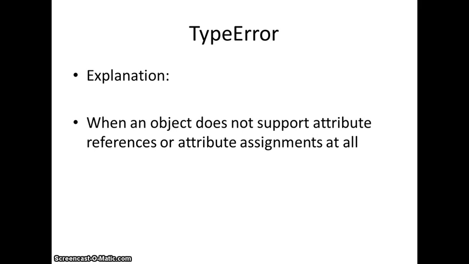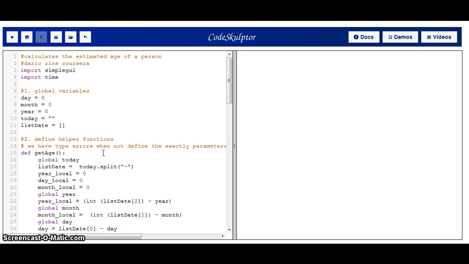Then we had a type error. The explanation is that it is raised when an object does not support attribute reference or attribute assignments at all. But I think you will find this simpler if we see it in the code. So here we are in the course, and this time I had a code to calculate the estimated age of